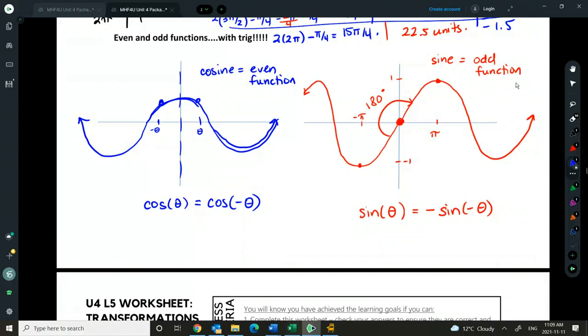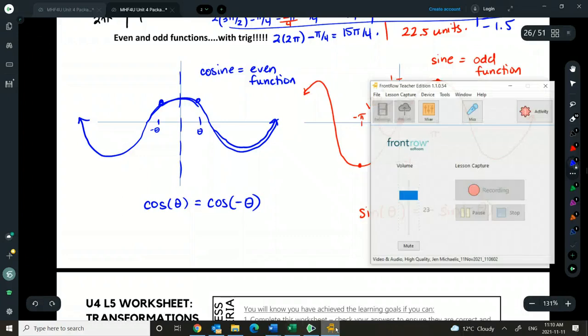So that's it for even and odd functions. Point symmetry on the origin, that would be odd. We can rotate it 180 degrees. Even is line symmetry on the y-axis, right? Okay, so we're going to take some time